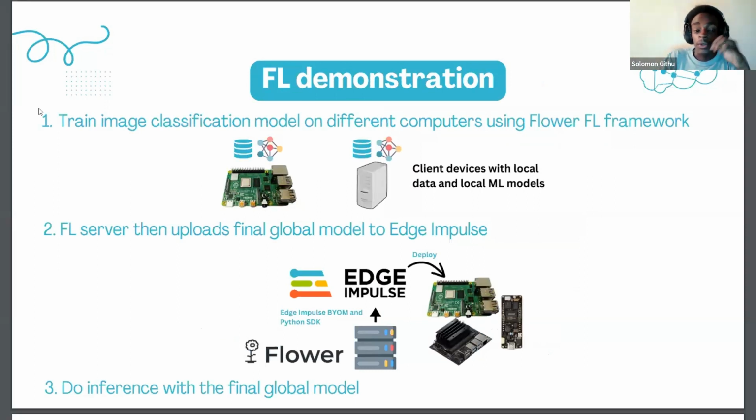On my computer, I will also run a Flower federated learning server. And this server will facilitate the federated learning system. One of the challenges that I realized when it comes to federated learning is, how do you come up with this system? So in federated learning, you have different devices. Each device is training its own model. So how do you come up with a system whereby the devices are connected together?